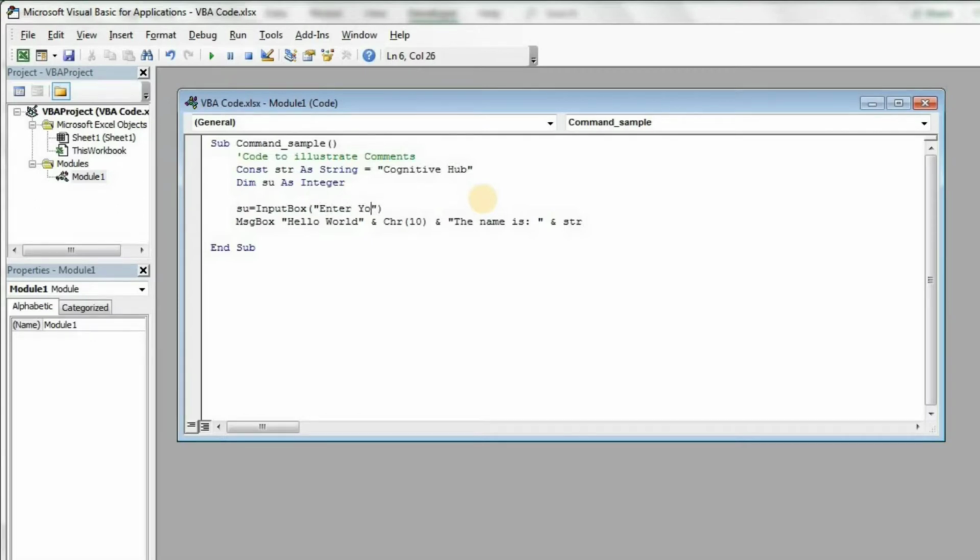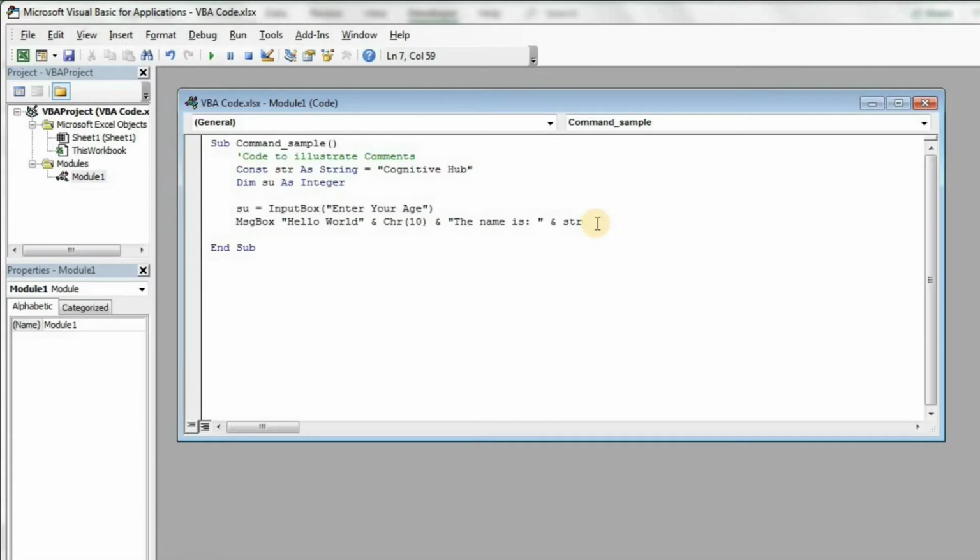Suppose, enter your age. So this is the pop-up message that the user will get, like enter your age. Then the user will enter her age.